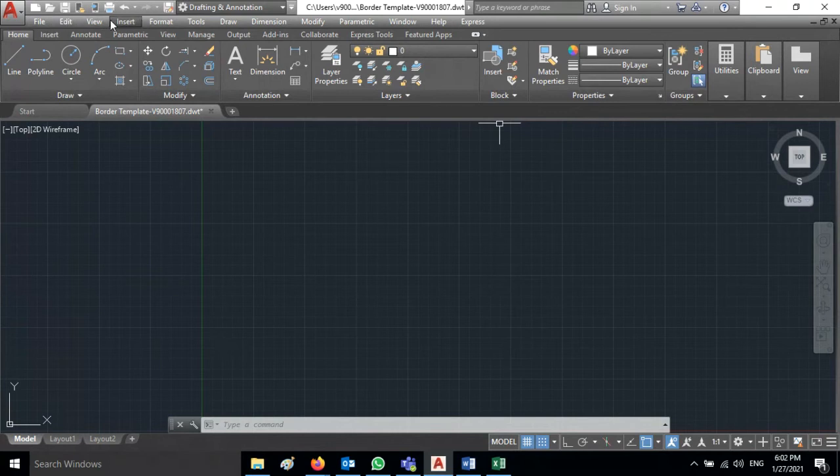We are going to modify the menu options and the ribbon as per our need.